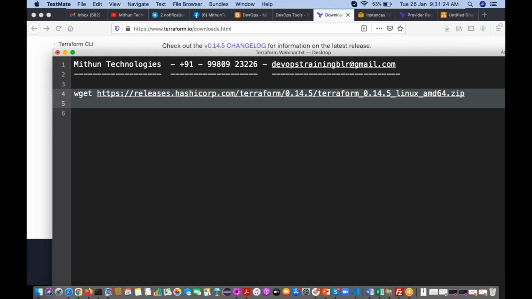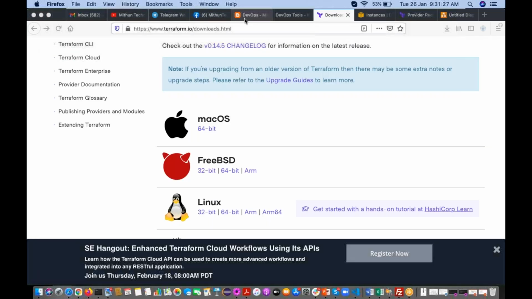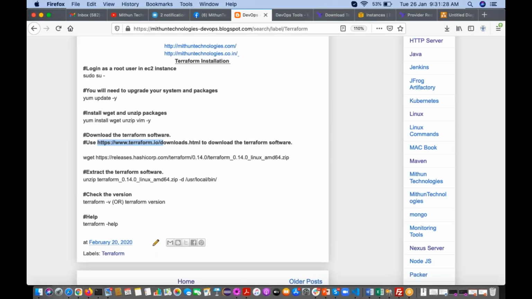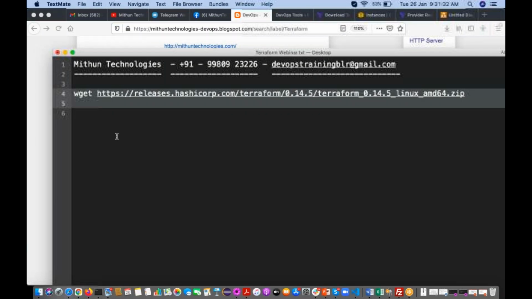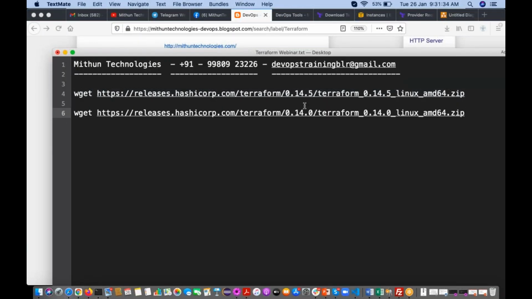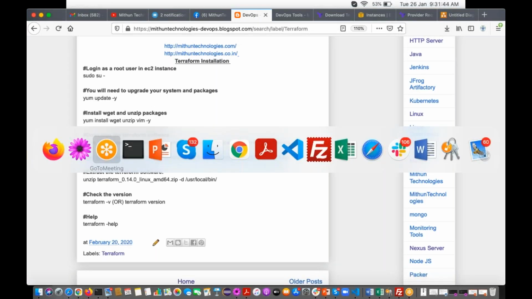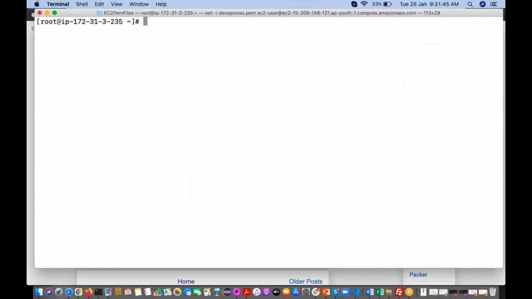Even here I have documented the same, but it is the old version, 0.14.0. Now I'm downloading the latest version, 0.14.5. Go here and execute it.